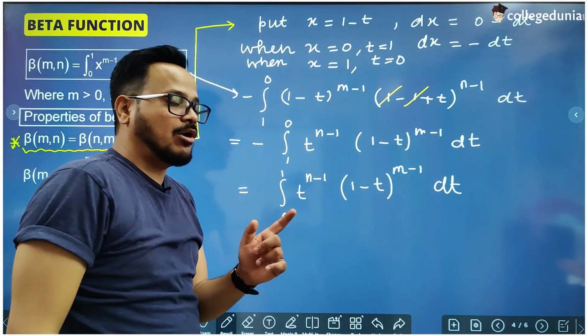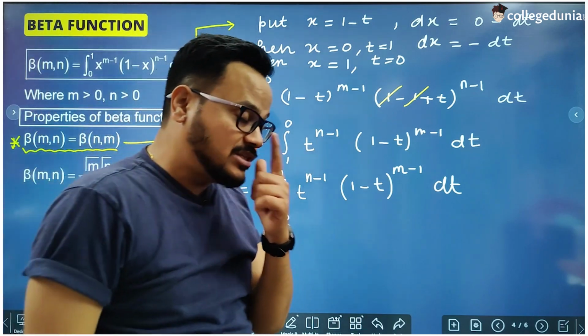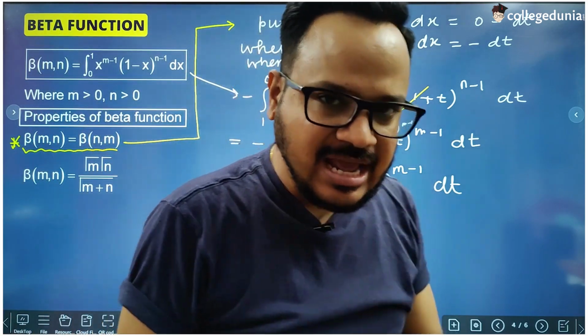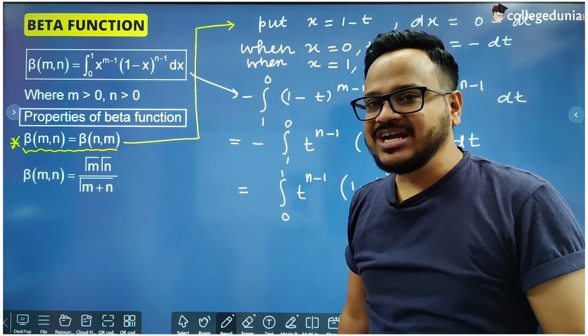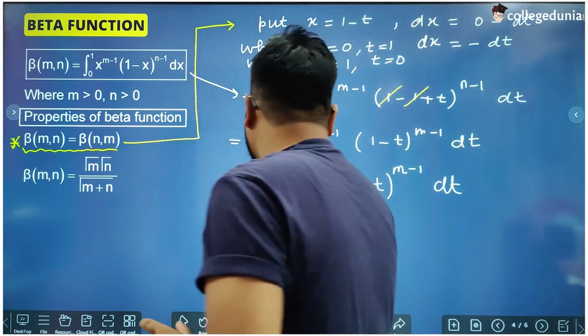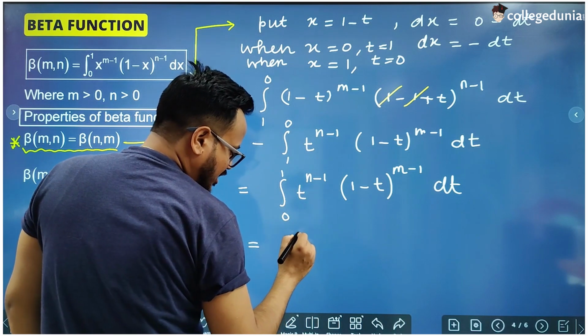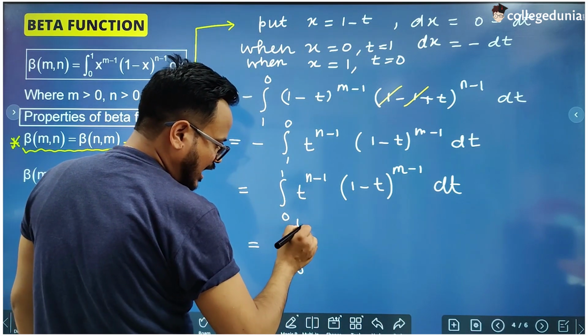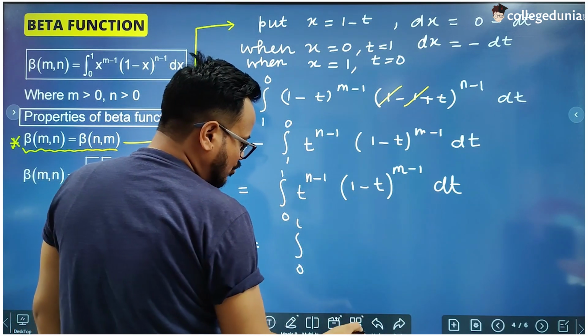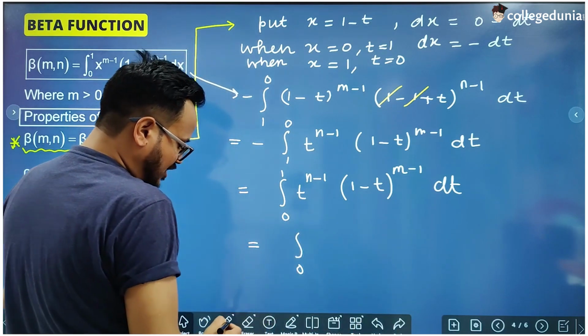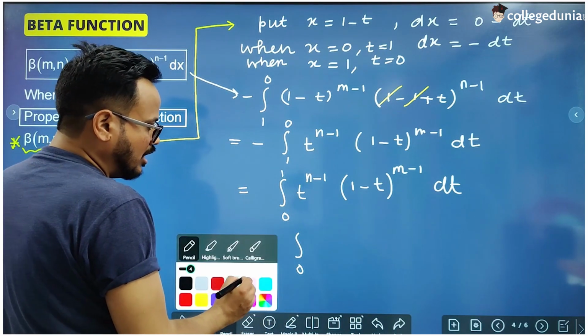And there is another property in definite integration which says that if we change the name of the variable, the value of the integral remains the same. So if we change the name t to x, we are going to change the name of the variable from t to x.